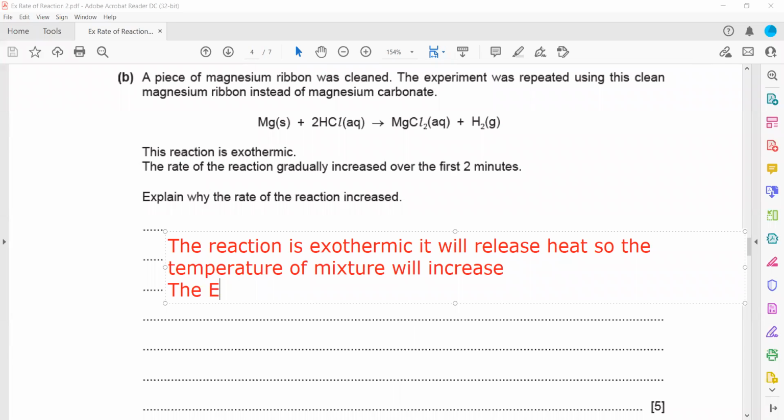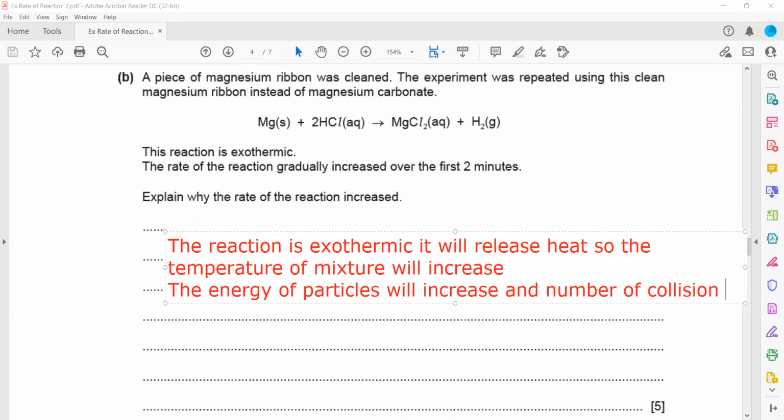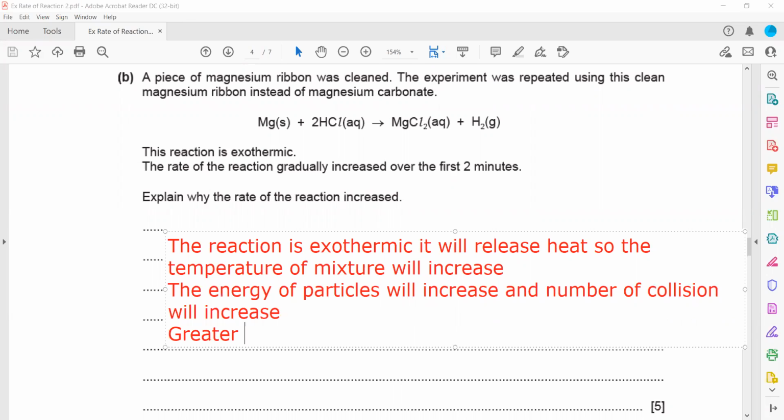The energy of the particles will increase, and the number of collisions will also increase. And there will be a greater number of the particles